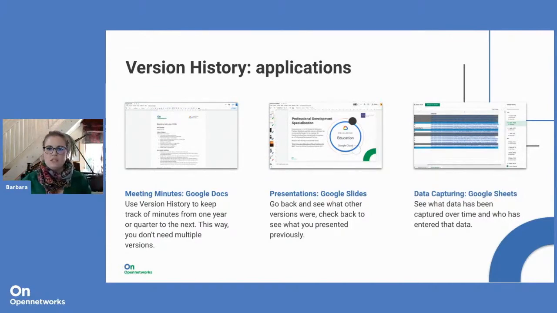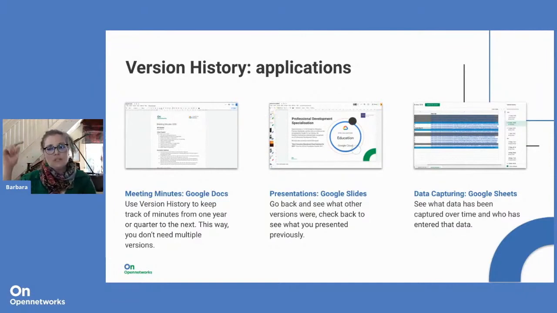Another use case is data capturing within Google Sheets. Now, within Google Sheets, you may have a number of people capturing different data at different times, and you may notice that this doesn't seem to really line up to what this column header says it should be. And you may just want to query either who added that data or how it was added. You can go into the version history and it will actually show you who has added what data